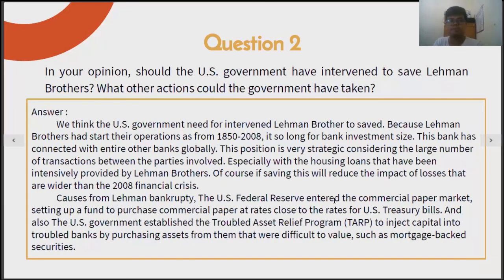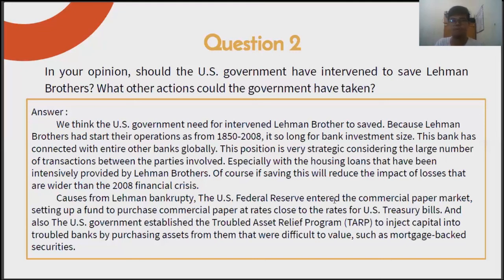Question 2. In your opinion, should the U.S. government have intervened to save Lehman Brothers? What other action could the government have taken? Our answer: we think the U.S. government needed to intervene to save Lehman Brothers itself, because Lehman Brothers had been operating from